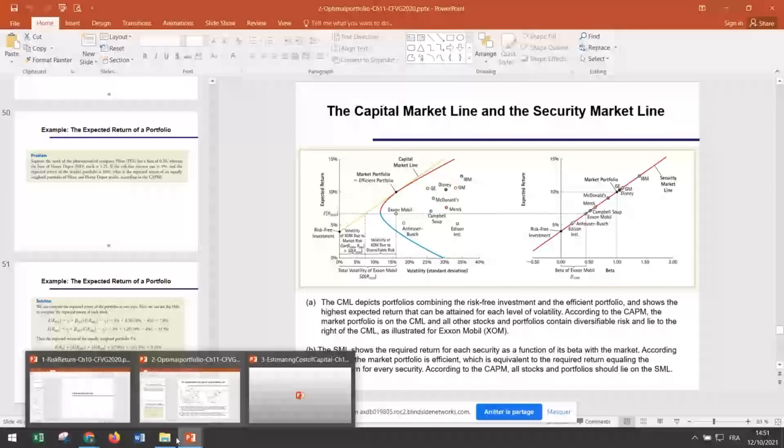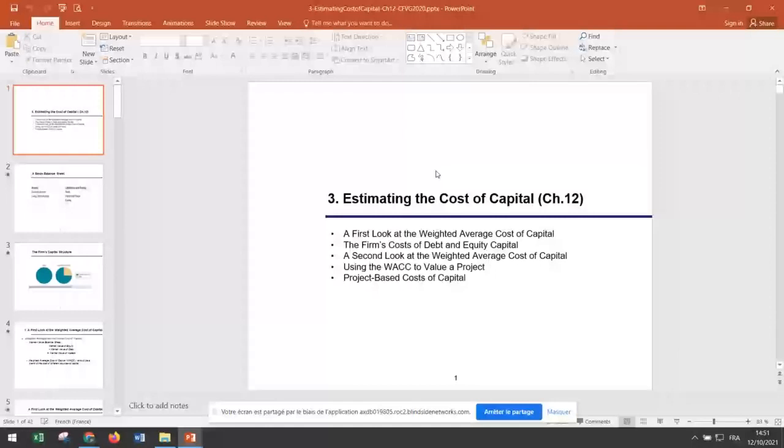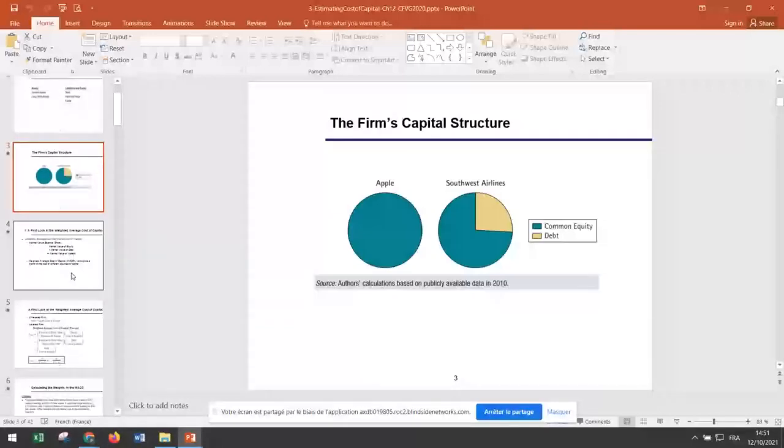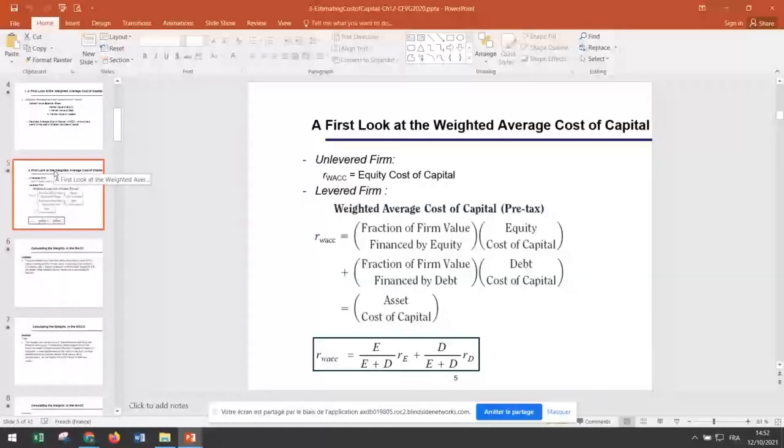The next is about estimating the cost of capital in chapter 12. It's very straightforward and super easy. As you know, a firm has different ways to raise capital. If a firm uses capital only from equity, it is called an unlevered firm, meaning a firm that has only equity on its balance sheet. Therefore, the weighted average cost of capital is equal to the equity cost of capital. However, if the firm has debt,